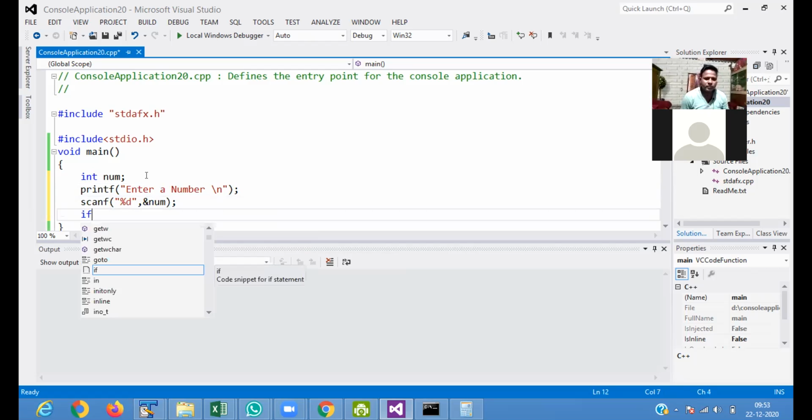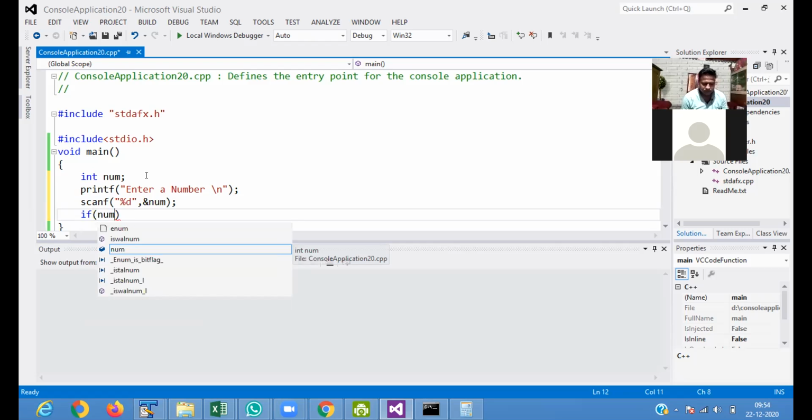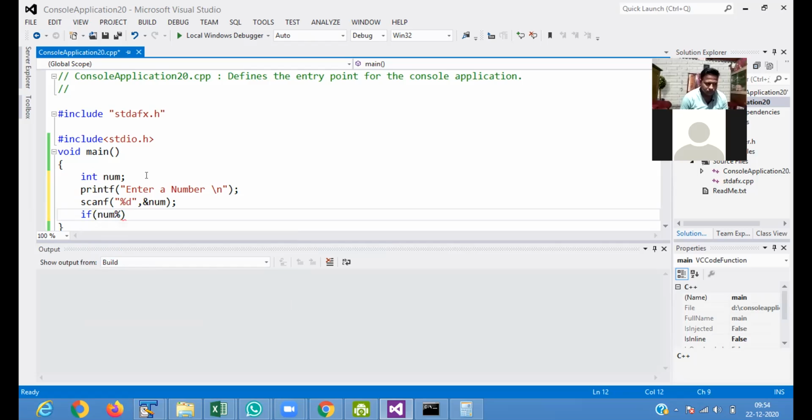Then we are using if. Always you have to take the input from the user. For taking the input, first you use printf, enter a number, then scanf to accept the number, then you check a condition. If num modulo 2 is equal to 0, num modulo 2 equals 0, then